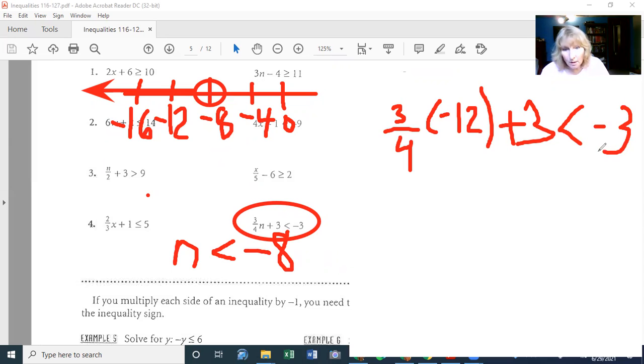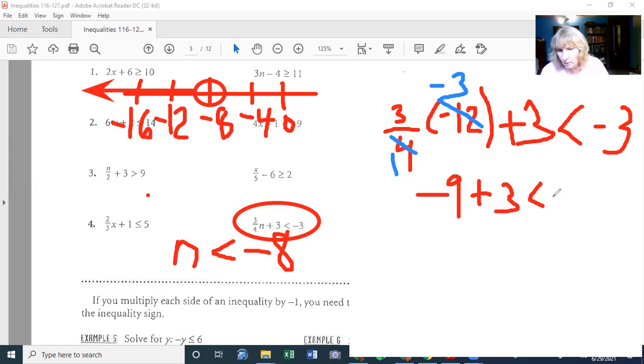So we do the multiplication part first. So we can cancel the 4 into the -12. That would become a 1, and this would become a -3. So then if we multiply 3 times -3, that'll give us -9, plus 3